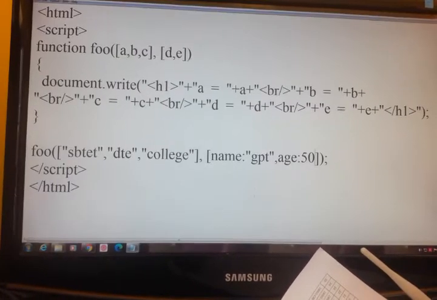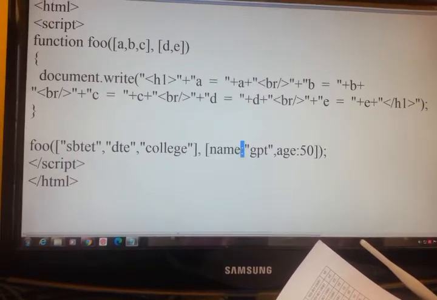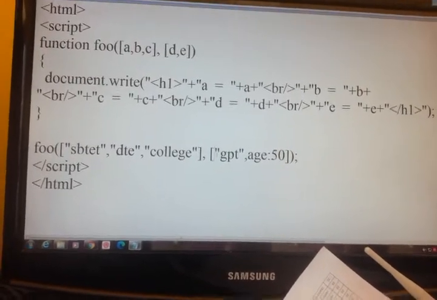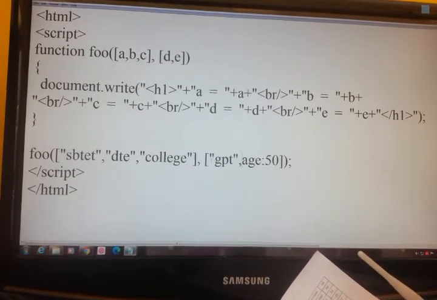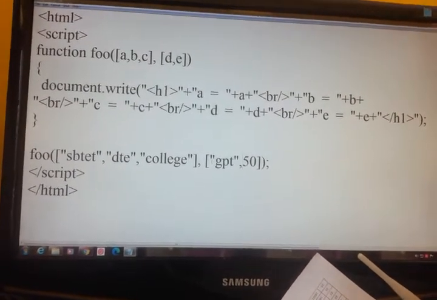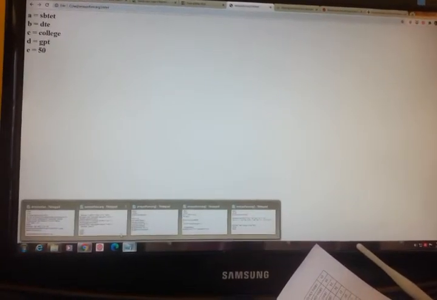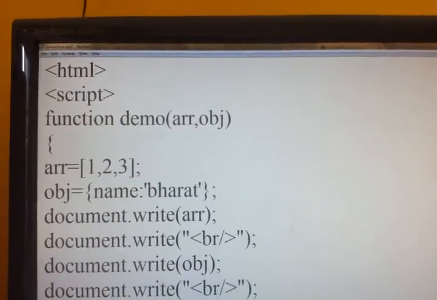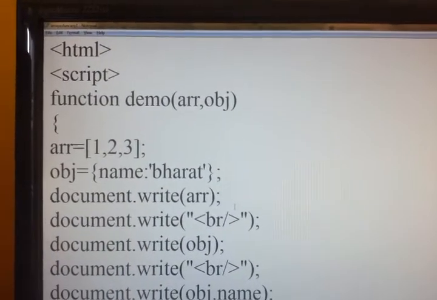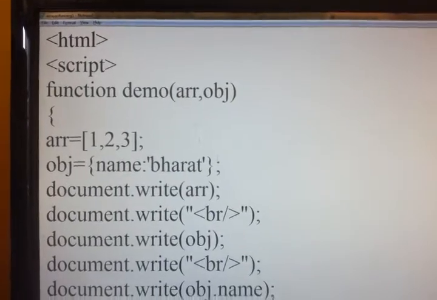No, it is not taking like this. So to take this we have to do it differently. That I am doing now. So we got normal, but array as object we are not getting. So we will see that now, how to pass in a function an array as well as an array as object.